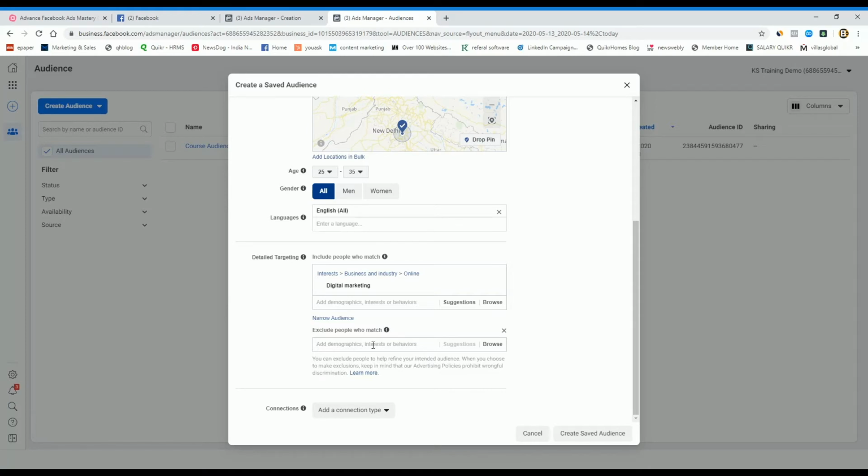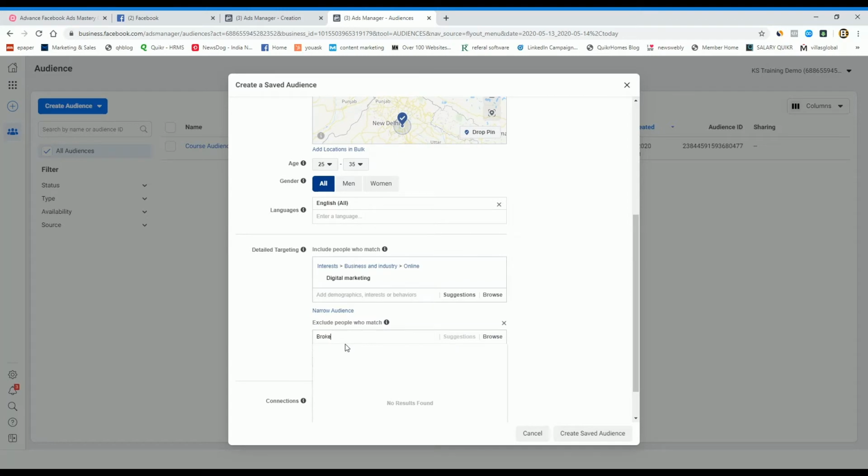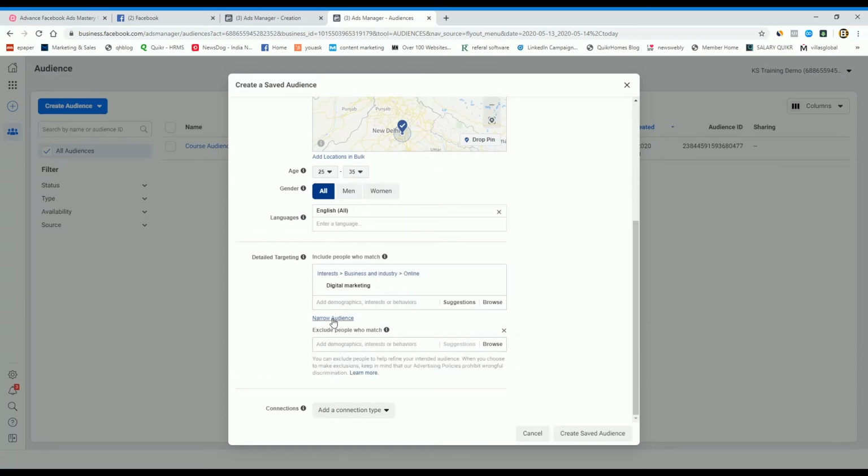I would like to showcase my advertisement only to buyers, because brokers are already doing their own advertisement, so I don't need to pitch to them. So what I can do is exclude brokers, and I narrow down the audience.